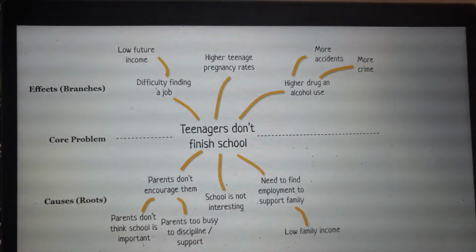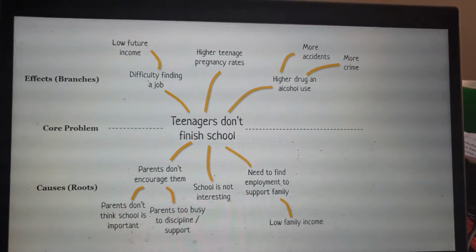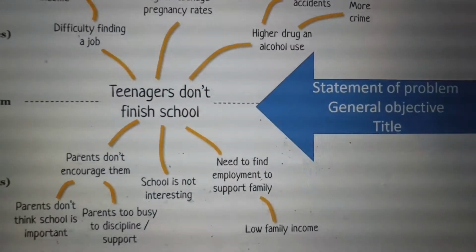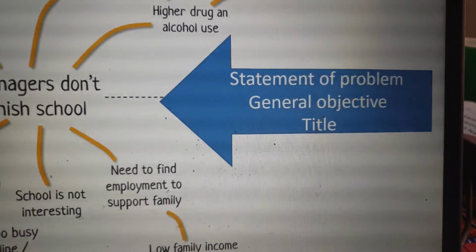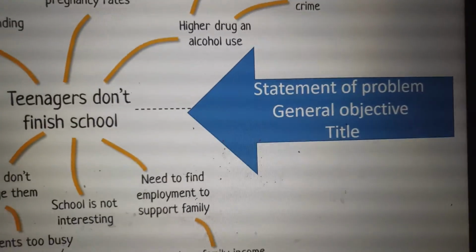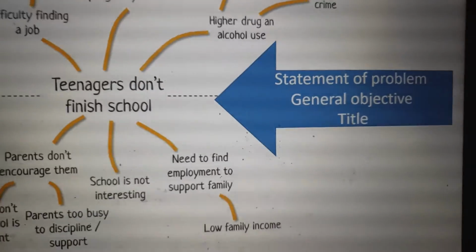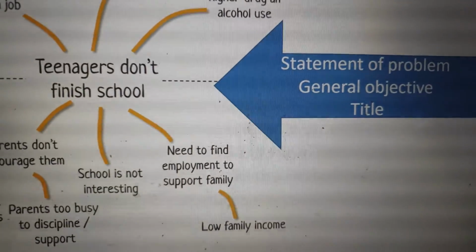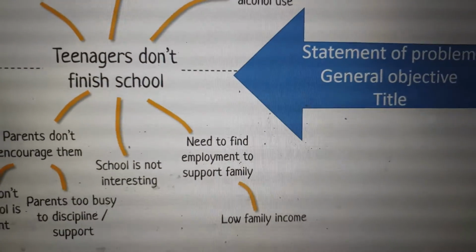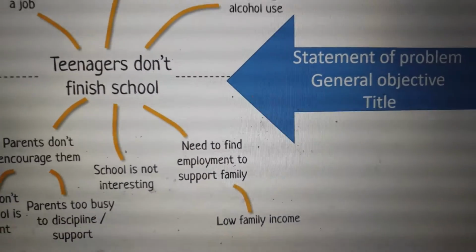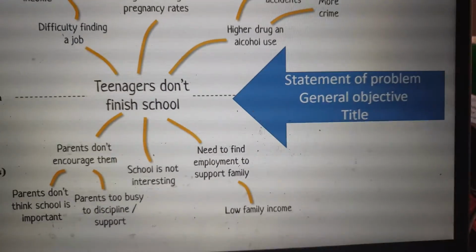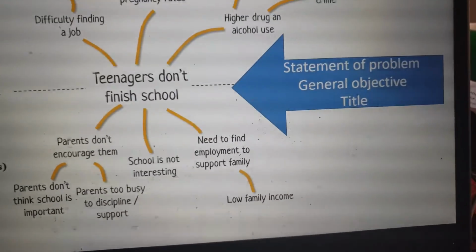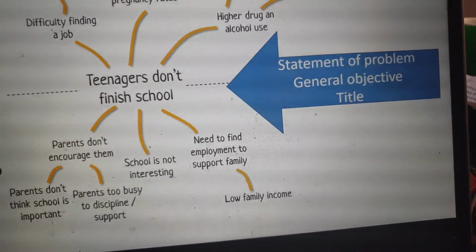Now, as a researcher, you should be noticing something now. This problem tree analysis will help you, one, write your statement of the problem. You can generate your statement of the problem right from this problem tree. And then you can also generate the general objective from that tree and the title. Of course, when you paraphrase the general objective, you are getting your title. So, a well-done problem tree will assist you. Write the statement of the problem, generate the general objective and the title from the core problem.